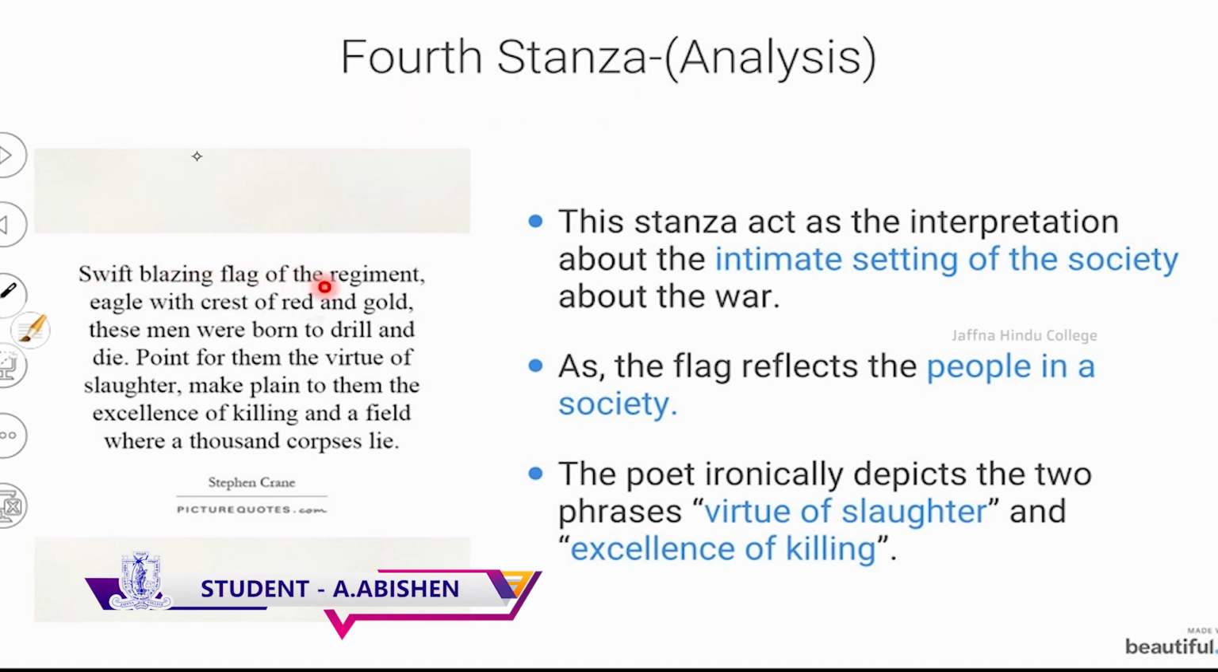Swift blazing flag of the regiment, eagle with crest of red and gold, these men were born to drill and die, point for them the virtue of slaughter, make plain to them the excellence of killing, and a field where 1,000 corpses lie. As I already mentioned, here you can see the word flag. Why does the poet use the word flag? Because